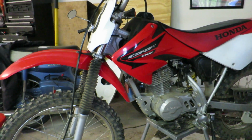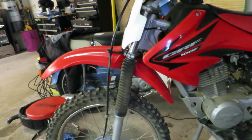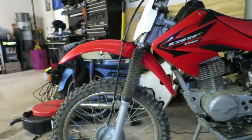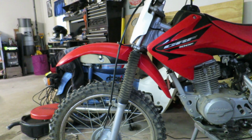We're actually just going to work on the CRF100 on the dirt bike stand instead of using the lift tonight because I need to be able to get my truck back in and the bike's going to be down a few days. Now if you look closely, actually you don't even have to look that closely, you can see a bend in those forks. Someone ran into a tree the other day,